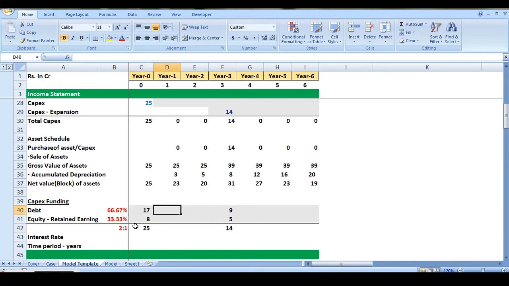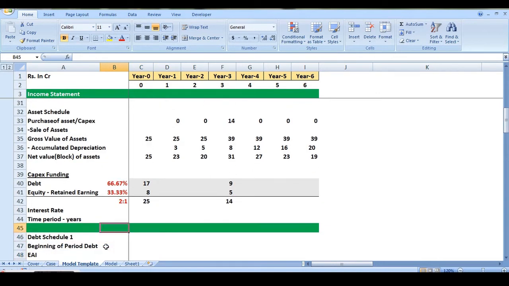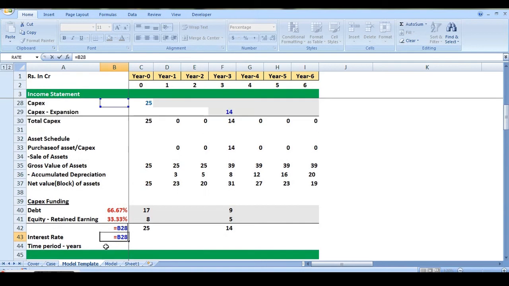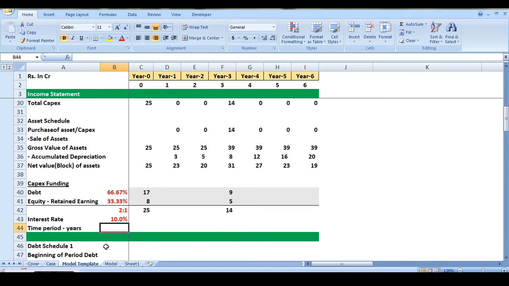And now we have the debt values, or the loan values that we have taken in the respective years, and from that we have to prepare the debt schedule. But for preparation of debt schedule, we need to know the interest rate on the expenses, which we have already marked into the income statement as 10%, and even the tenure of the loan, which is given to us as 10 years. Remember, in assumption column, do not put unit of measurement, only put values or percentage. Otherwise, it will not be able to give us the answer when linked.